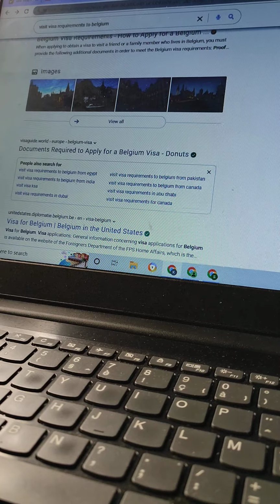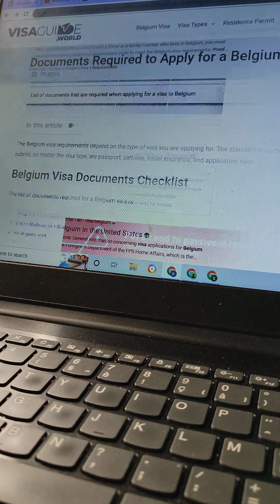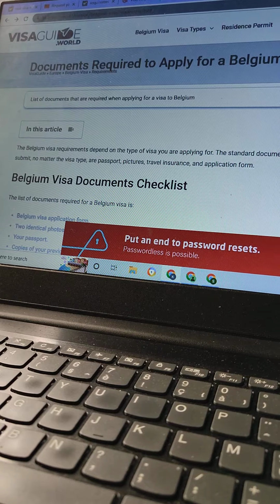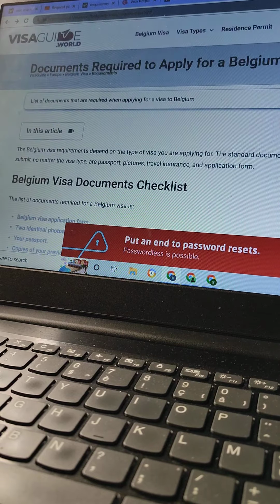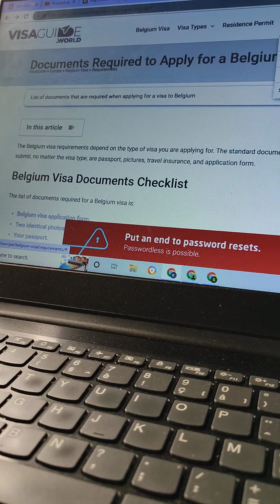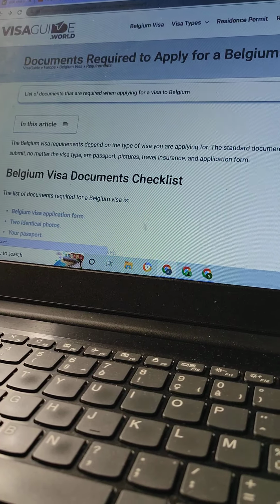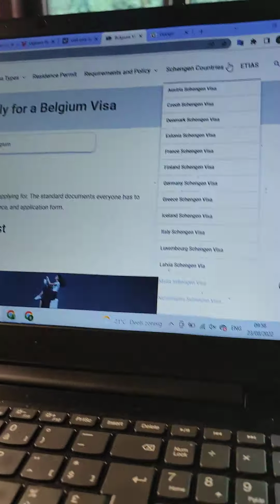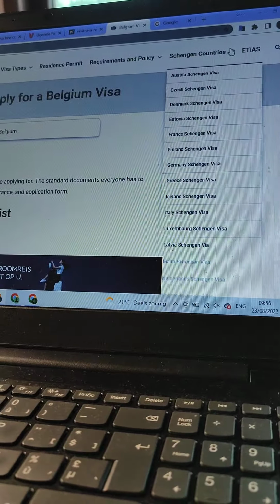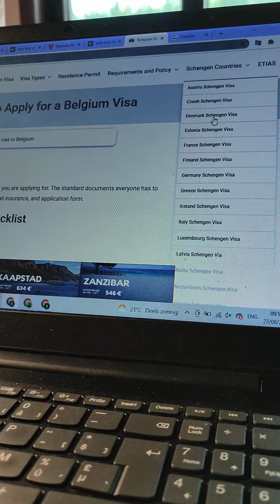So since I live in Belgium, we are going to discuss Belgium. What you do, you come here and you choose any country that you want to visit.